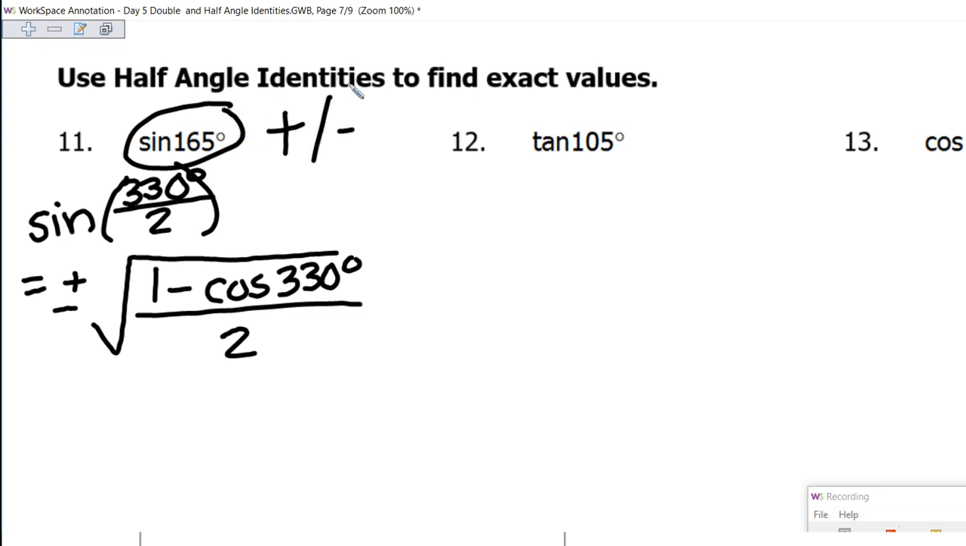Well, 165 terminates in which quadrant? Quadrant 2. So if I'm talking about sine in quadrant 2, should my answer be positive or negative? Positive. So I'm just going to circle the positive as a reminder to myself that I ask myself, is it positive or negative? And it needs to be a positive. So from here forward, I know it's positive. So if it's positive, you don't have to put a plus sign. It's understood. Now fill in what we know. So it's 1 minus cosine of 330 degrees. What's the reference angle for 330